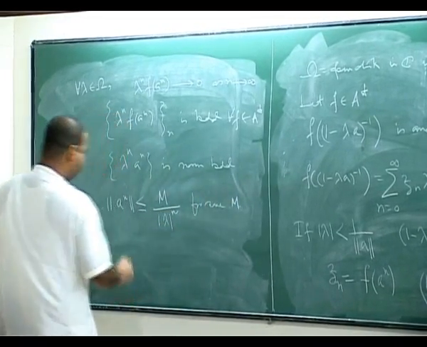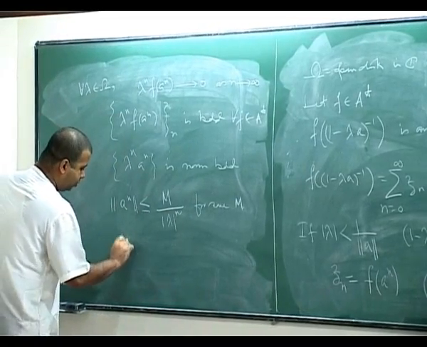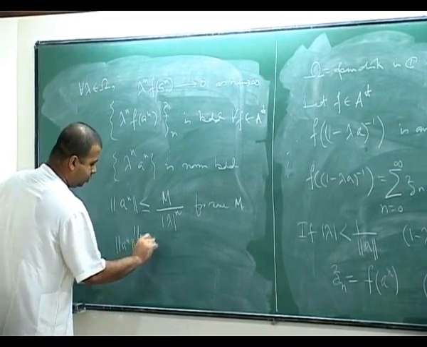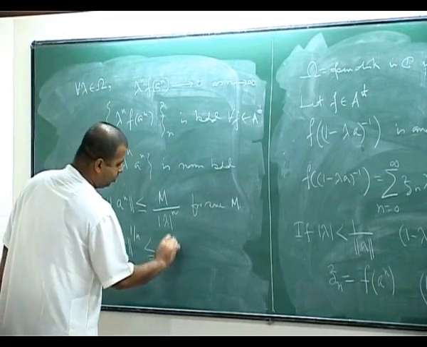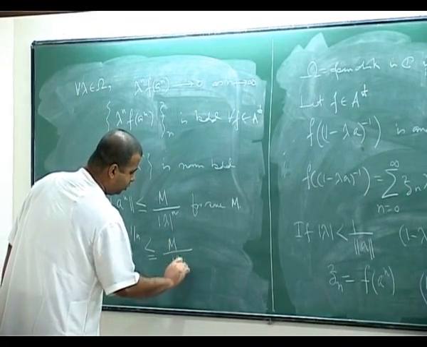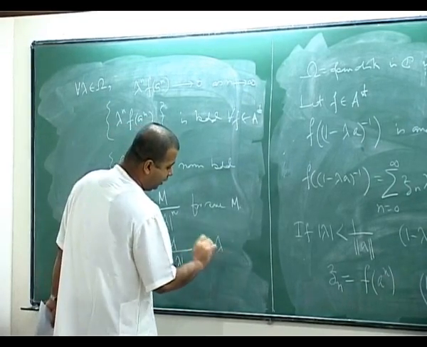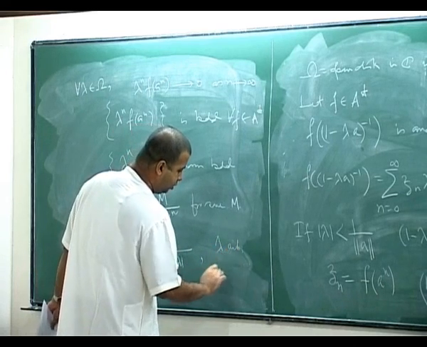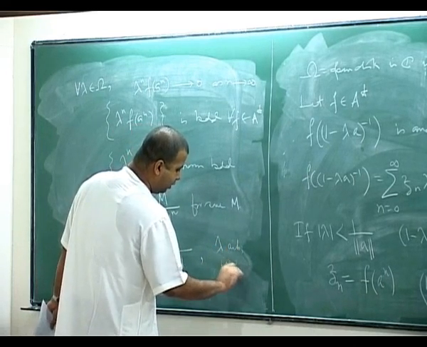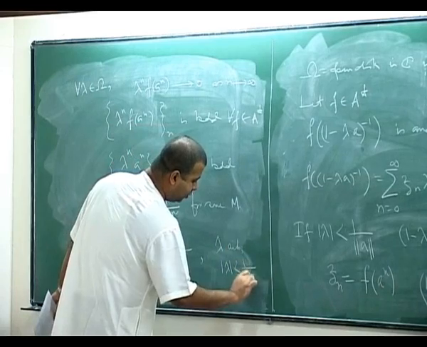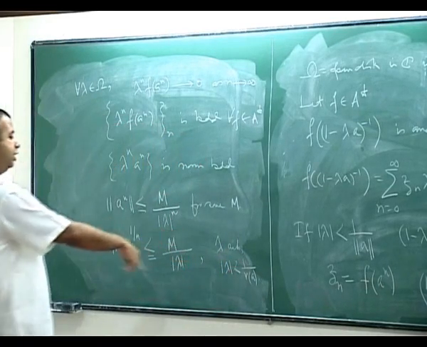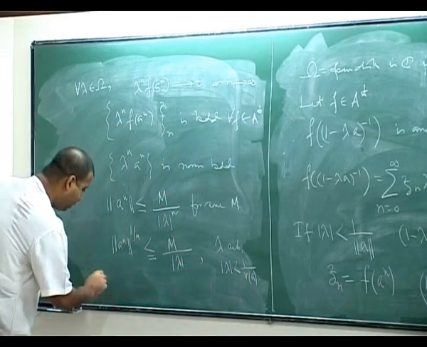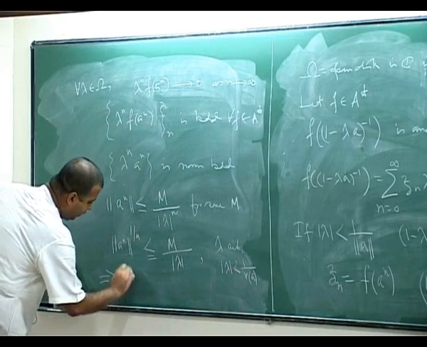So, where lambda is arbitrary, the only condition is that, since it can go as close to 1 by Ra, this implies